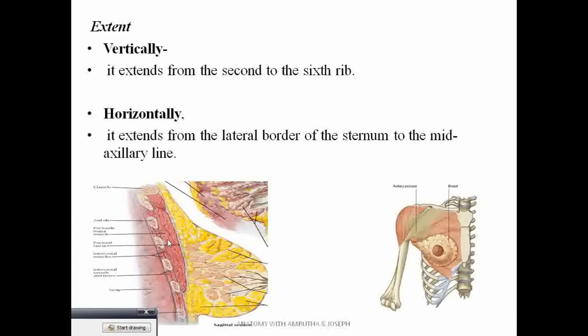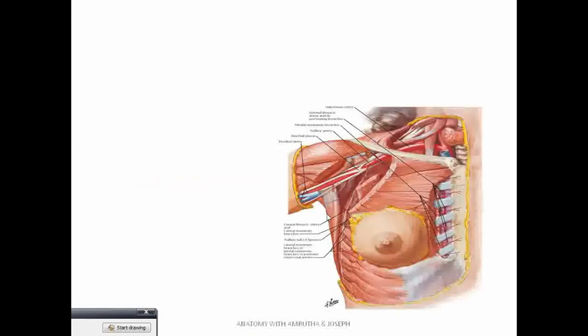So the sagittal section where the mammary gland is lying in the superficial fascia, superficial to the pectoral fascia, deep structures like pectoralis major and the ribs also can be seen. Another picture of the mammary gland lying superficial to the pectoralis major muscle. Deep relations are pectoral fascia. Pectoral fascia is the fascia covering the pectoralis major.